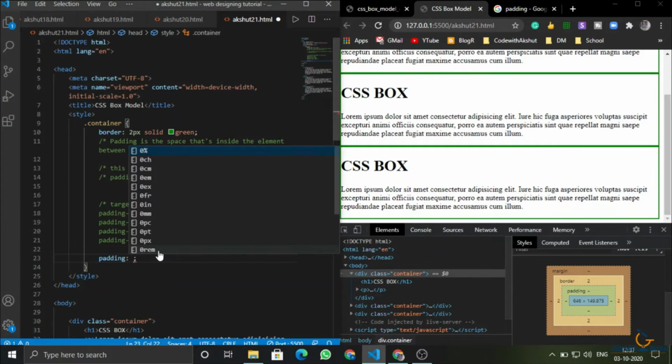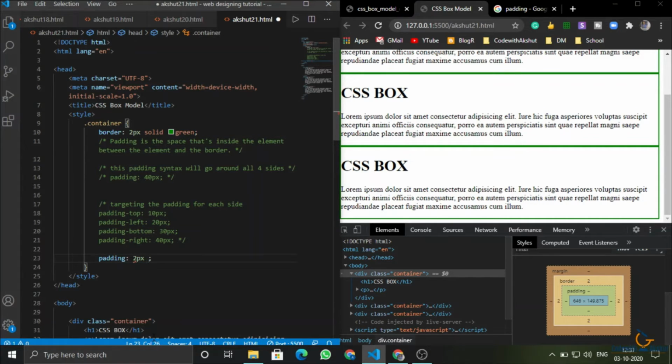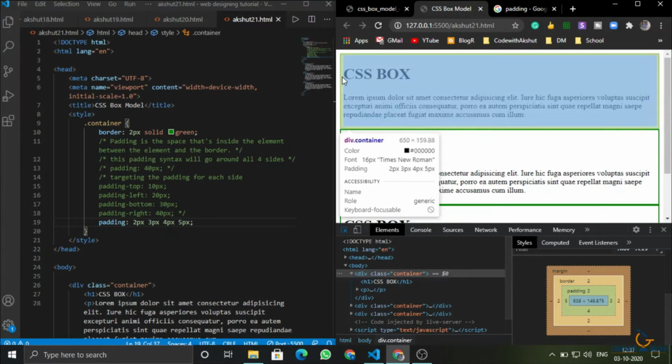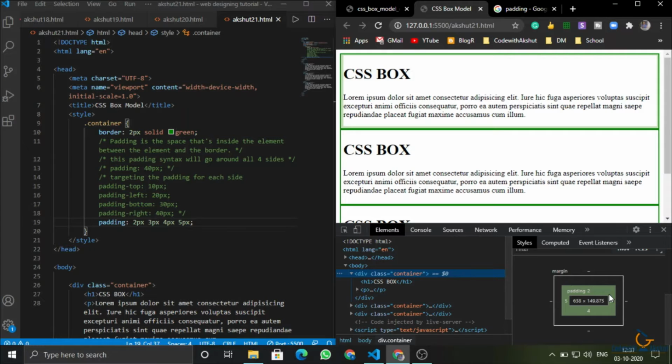You can just write padding, and I will write 2 pixel, 3 pixel, 4 pixel, 5 pixel. I will save it. Now I will tell you here. 2 pixel is for the top, 3 pixel is for the right, 4 pixel is for the bottom, and 5 pixel is for the left.